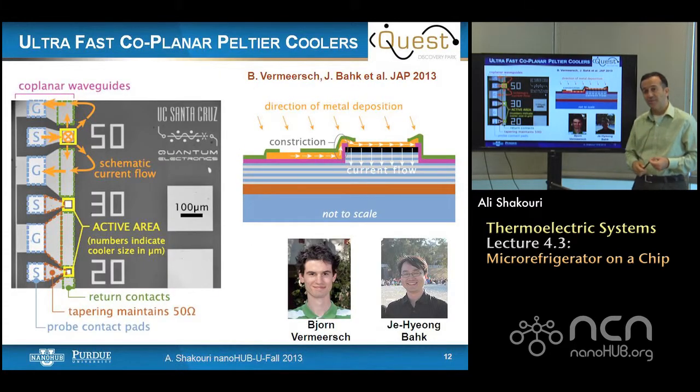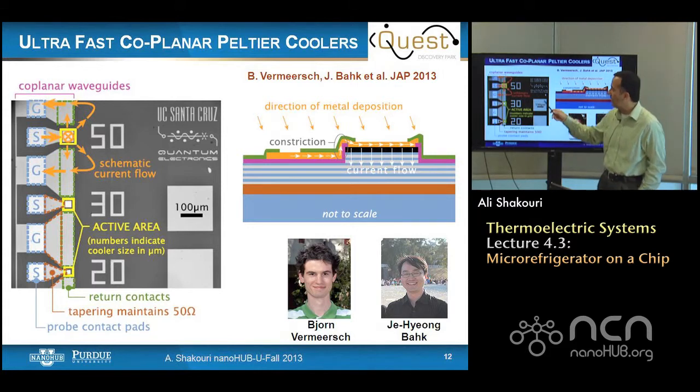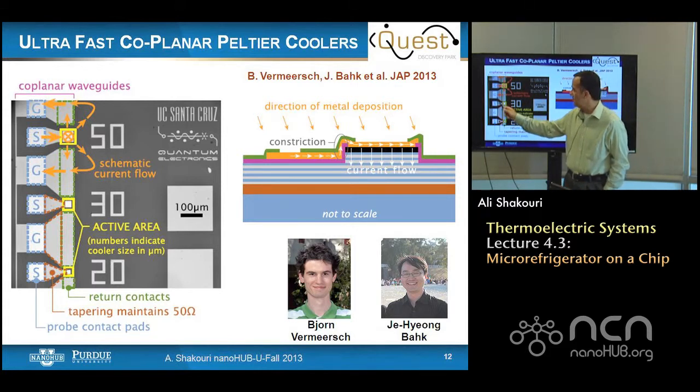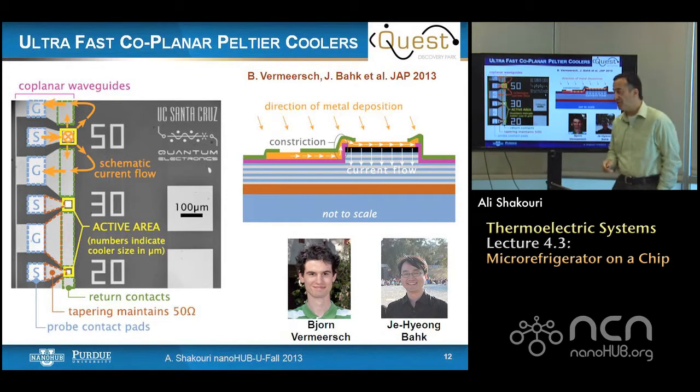Other thing we can do with these coolers is that they can be inherently very fast. Here's the same cooler, but the electrodes, the metal, are designed in a coplanar way, a waveguide structure, basically a ground signal ground. Your signal is sent to the device, and then the current is sent back to the ground. Here it's shown by the arrows. Through the geometry and the size of these electrodes, this is optimized to be 50 ohm. Tapering maintains the 50 ohm, and then as a result, we can apply very fast electrical pulses to the top